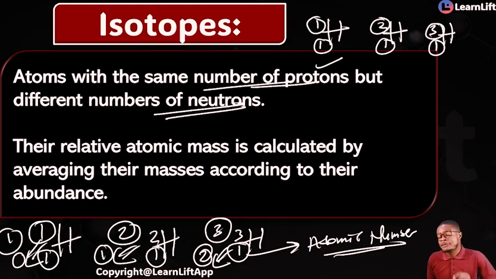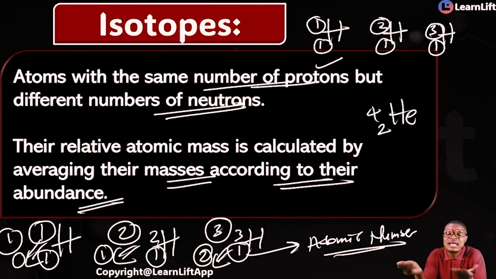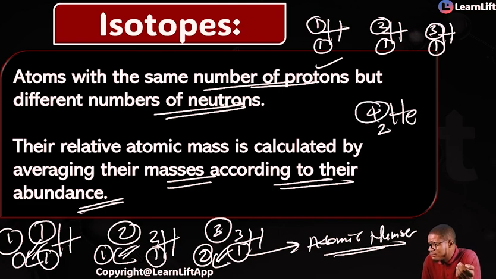Now look at this very quickly. Relative atomic mass for elements that have different isotopes, how do we calculate it? It is calculated by weighing their masses according to their abundance. So how do you calculate your relative atomic mass? For example, let me just say helium now. Helium is just 4 and 2. How do we get the relative atomic mass here? Very simple. Relative atomic mass here is equal to the mass number, and that is